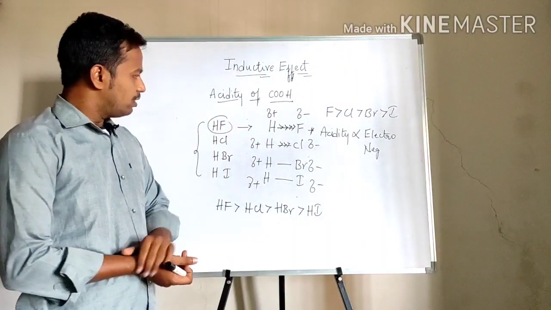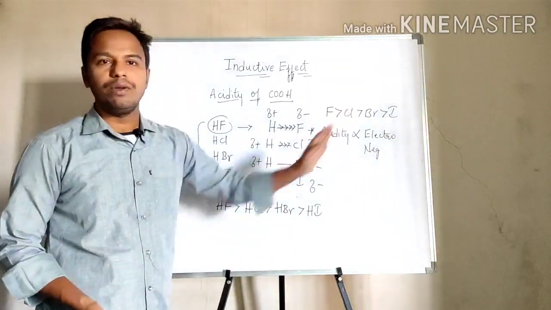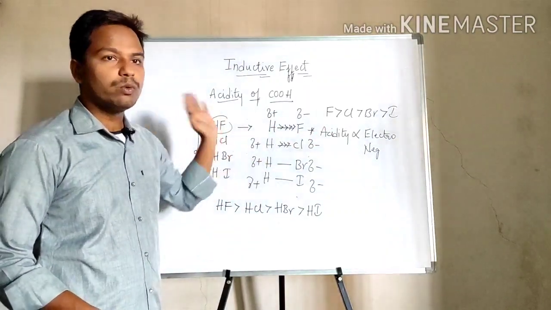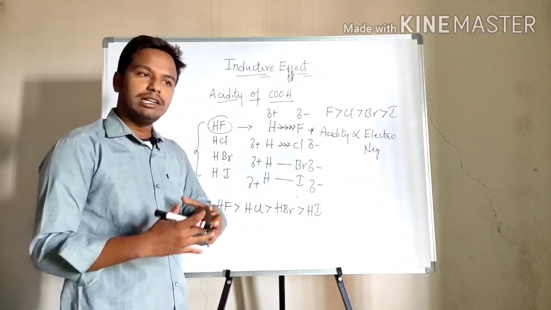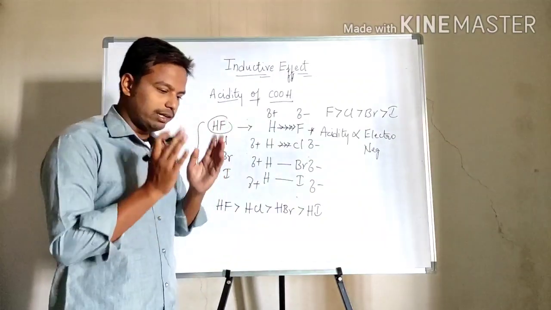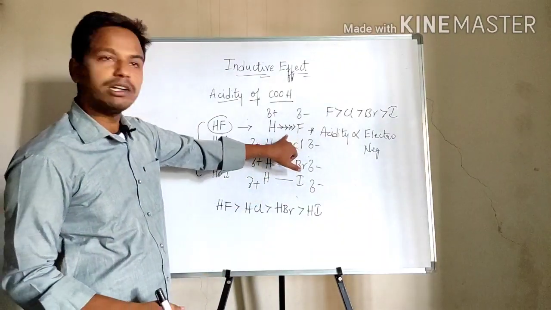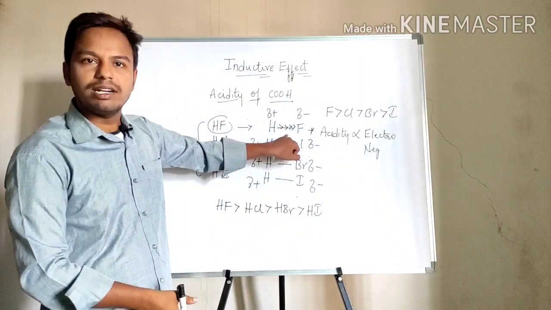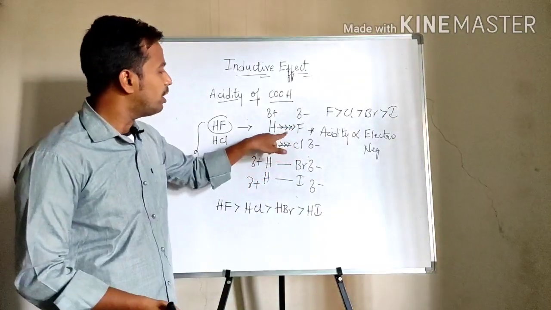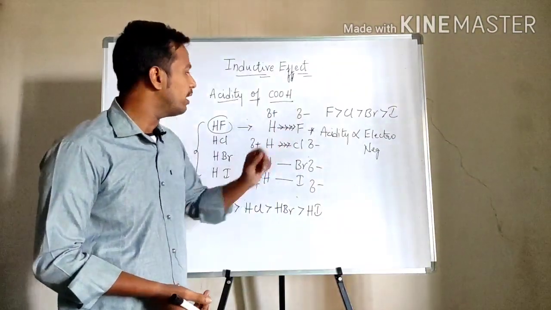Now, is inductive effect there or not? Check. Due to the inductive effect only, electrons are displacing from the shared pair towards the electronegative atom. So that is electron displacement. Electron displacement is happening through sigma bond. So electron displacement through sigma bond is called inductive effect. So there is an effect here. What is that effect? That is inductive effect. Electron movement through sigma bond is called inductive effect.